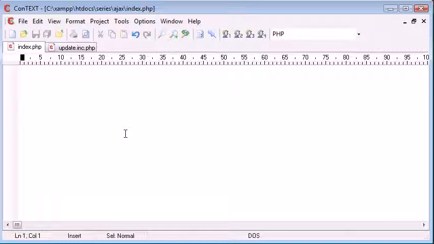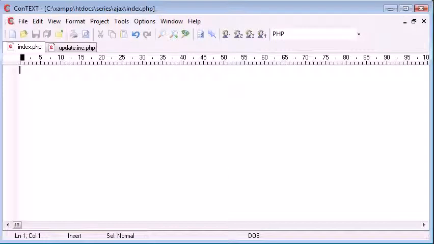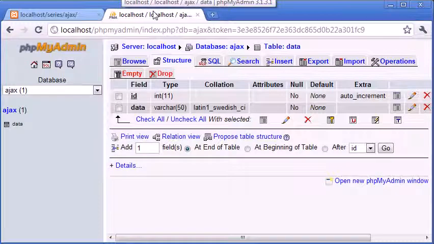a little program, or script rather, that allows us to have an input box on the page and a submit button. Now when the user clicks this submit button, we're going to be transferred, obviously using Ajax, to update.inc.php. And what this is going to do is insert a piece of data, if you like, into the database. So let's first of all have a look at the database structure and what we're actually going to